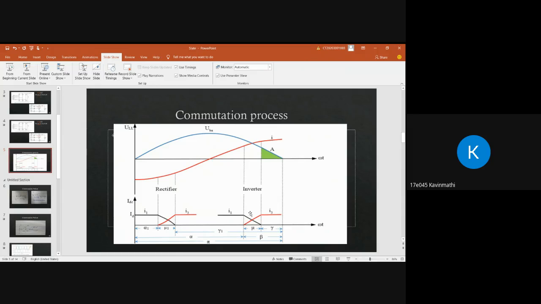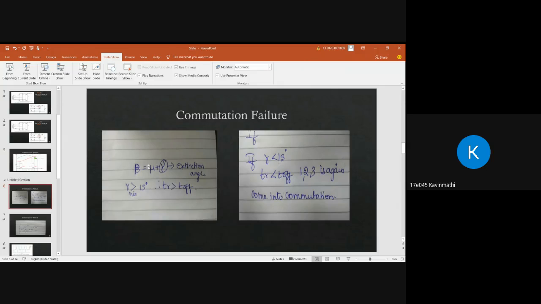This mu is the switching on time of thyristor 3, and beta is the sum of these two angles. Okay, so beta is the sum of mu plus gamma, and the condition I have said, the minimum extinction angle gamma should be greater than or equal to 15 degrees. So if this is greater than or equal to 15 degrees, the reverse thyristor turn off time will be greater than the turn off time, and the thyristor T1 gets properly